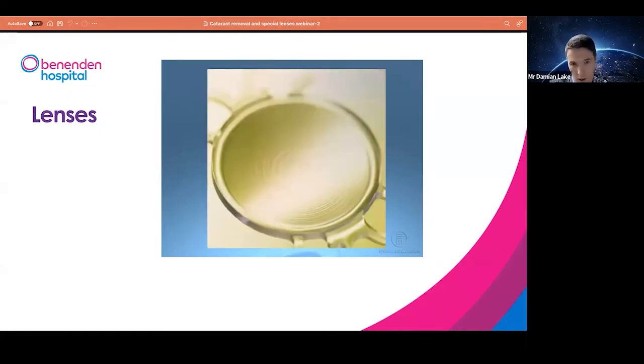This is a close-up image of those lenses. You can see faint milled circles on the lens. So the advantage of that is distance, middle, and near vision. But the compromise with these lenses is that when you look at bright lights in the evening, you may see some circling around lights. And in low levels of light, it's a bit more difficult to read, so you need to turn the lights up. But nonetheless, these are a very popular lens and have lots of advantages. And if you're happy with the compromises, then it may be the lens for you.